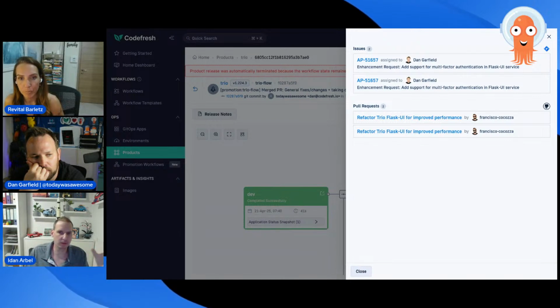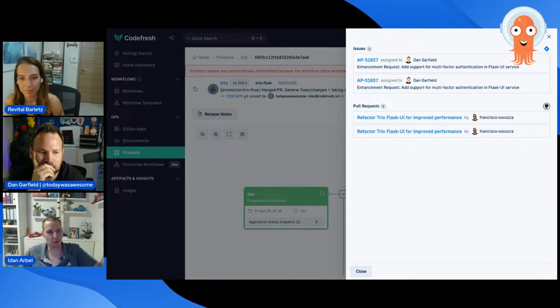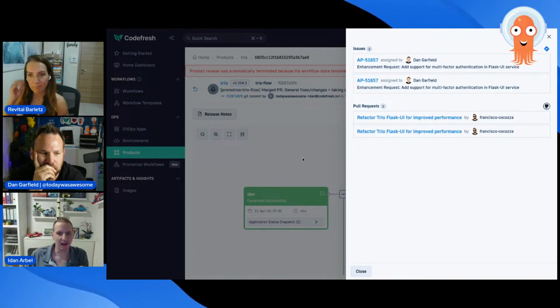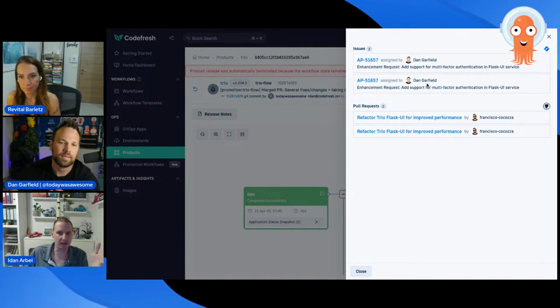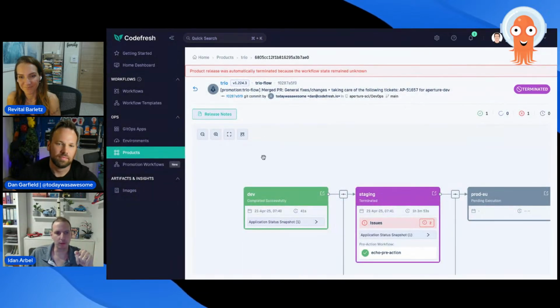These show you pull requests and Jira tickets that are associated with the code change that triggered the building of this image, then the deployment, all the way back to the beginning of time, so that when things go wrong, you know exactly what happened, and you know who to talk to. I need to talk to Francisco. I need to talk to Dan Garfield here. I know who to work with.